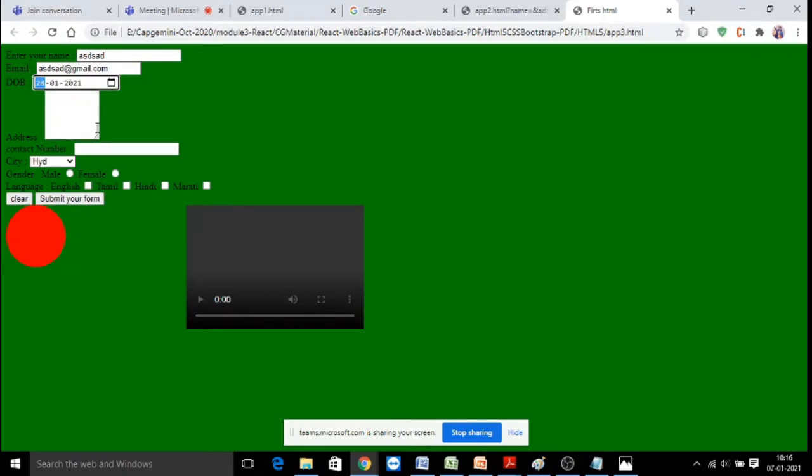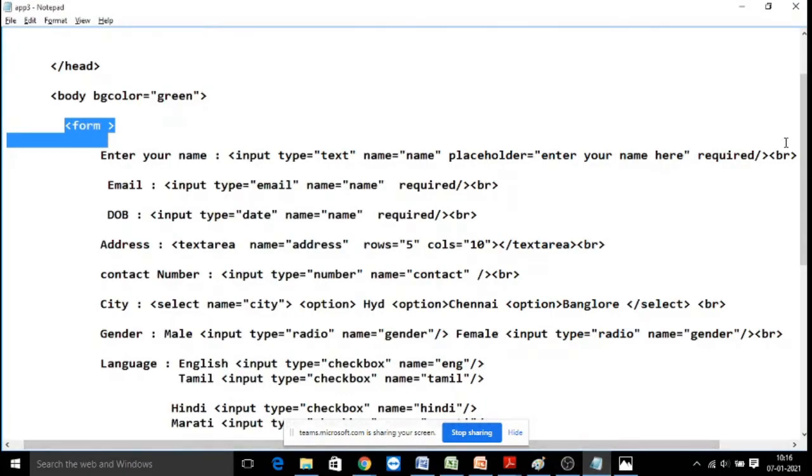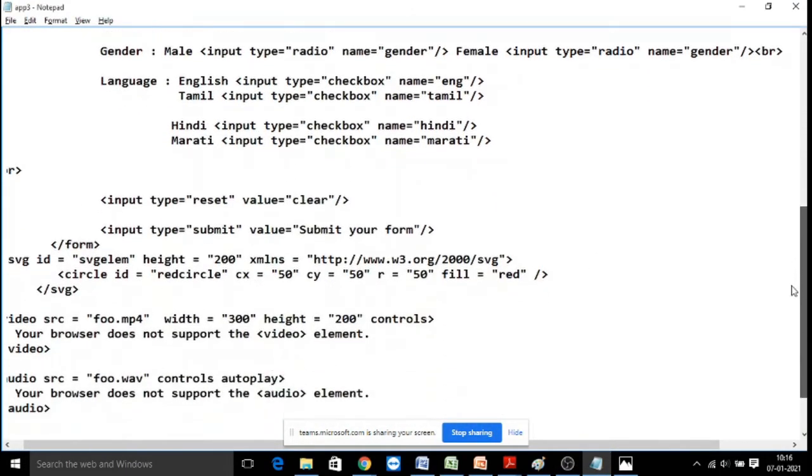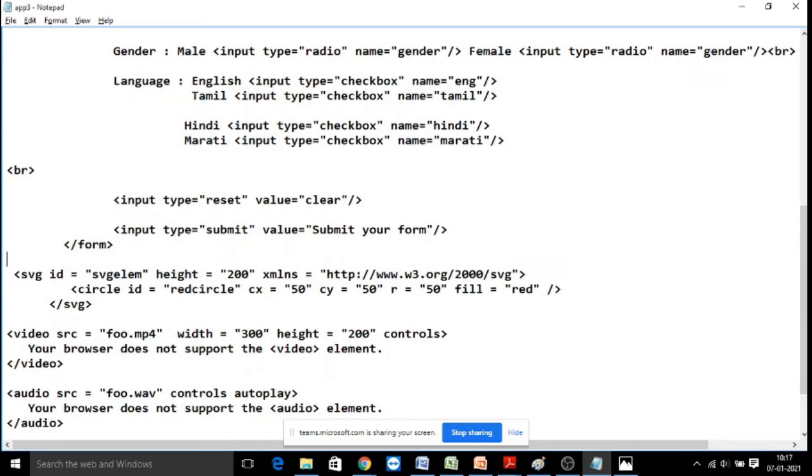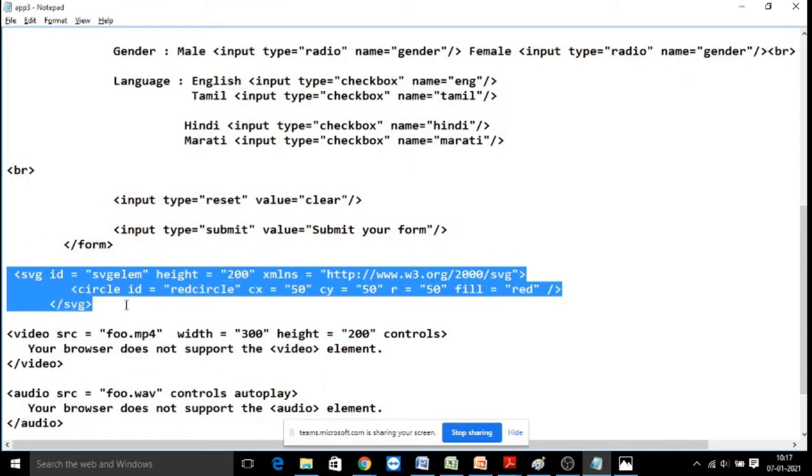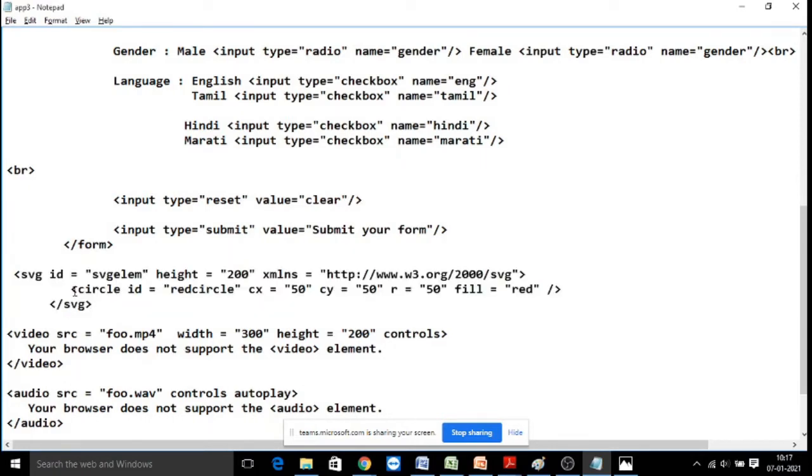The rest of the things is as it is. Coming to what are the other new elements of HTML5. See here called SVG graphics. SVG graphics means scalar vector graphics. Earlier we don't have a way to directly draw some pictures or images or fill the various layouts into your web page. But in HTML5 there is a newly added module called scalar vector graphics, which has a tag called SVG, within which you have rectangle, polygon, line, circle. Such tags are available using which directly you can draw the image and also you can fill the image.